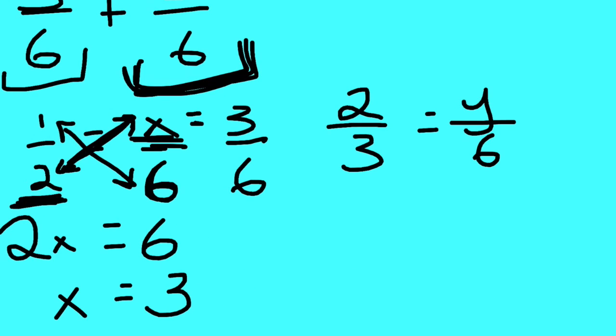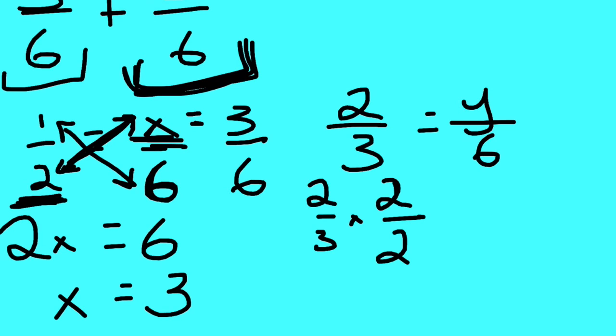So what's the first way you can do? You can think, so 3 times what equals 6? So basically, what's 6 divided by 3? And you get the answer as 2. So you get 2/3 times 2, and then whatever you do to the denominator, you have to do to the